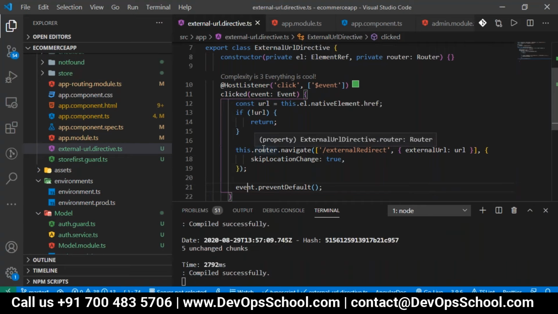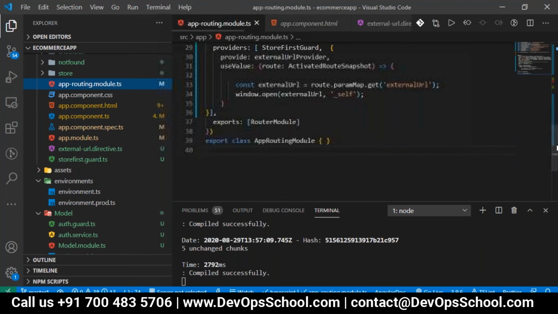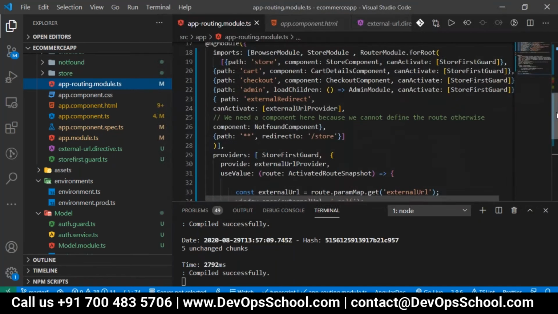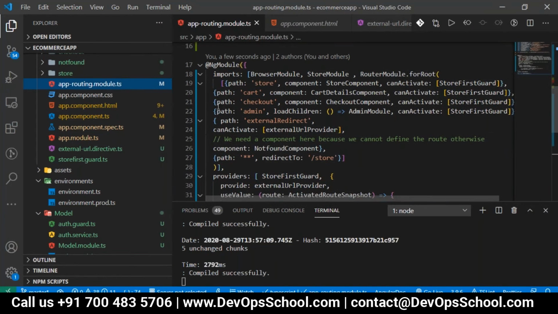Once you go to the routing in the app routing module TS, we have to configure it whenever you want to work with an external application. So I have taken one path, which is external redirect, and canActivate external URL provider. But if you give only a path, you have to give either loadChildren or a component.